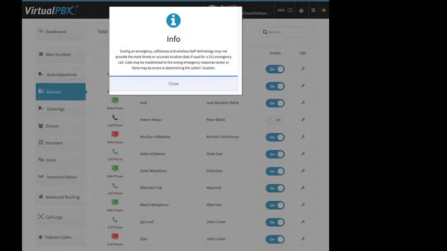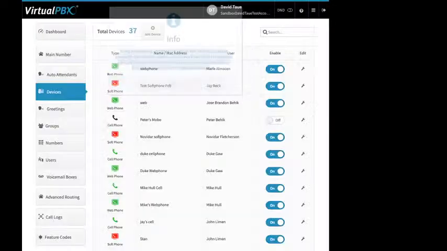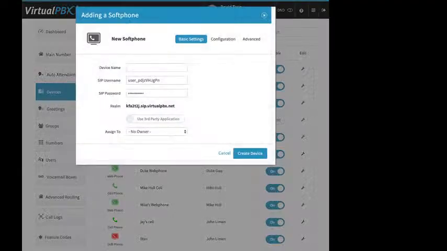All right, soft phone. First, we get the little warning message about wireless technology and VoIP. You should read this just to make sure, but basically it's saying be careful about using 911 from a soft phone since you may not be at the location that's associated with your device. And then here you see a VoIP phone, and we're set up as using a third-party application. So if you're using a soft phone from Counterpath, for example,